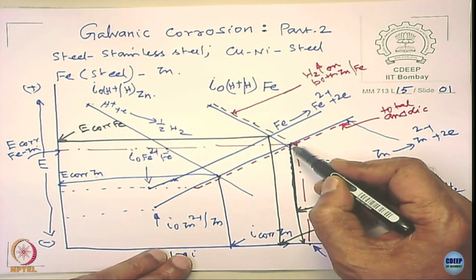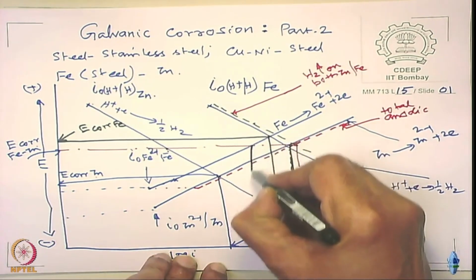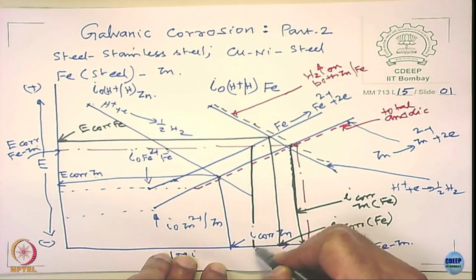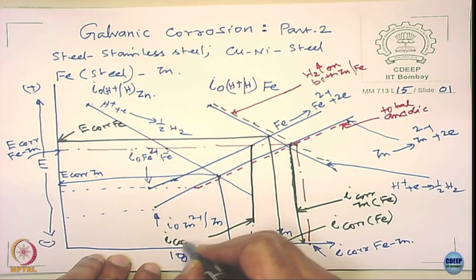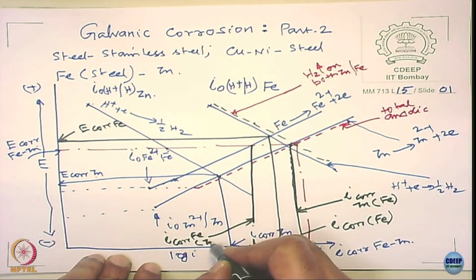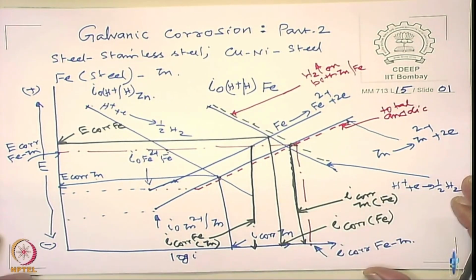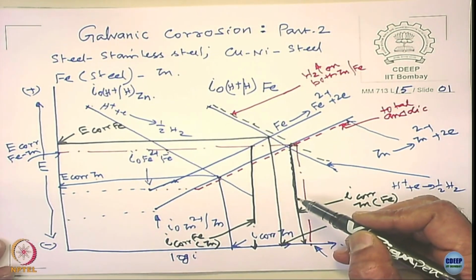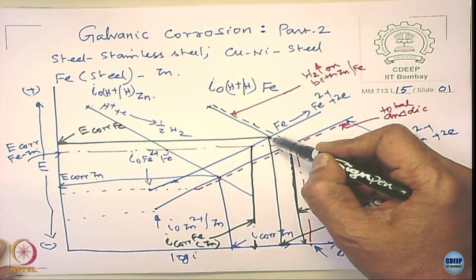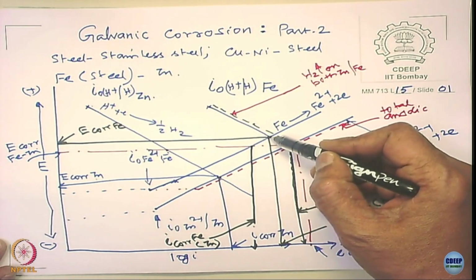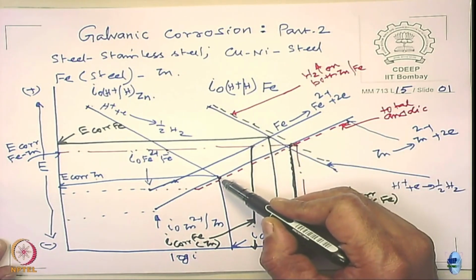So this is the zinc dissolution rate given here, and this is the dissolution rate or i corr of iron, in the iron-zinc couple, right? So the iron corrosion rate is decreasing from this point to this point, am I right? And the zinc corrosion rate is increasing from here to this,